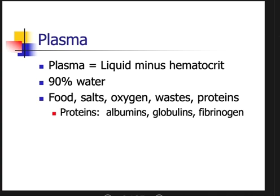Okay, so it's 90% water. This is going to contain all of your nutrients, so food. Of course, it's food that's been broken way down into all the individual components, right? And then is absorbed from your intestines. Okay, salt, oxygen from your lungs, wastes that are being produced from all of your tissues from cellular respiration, okay,